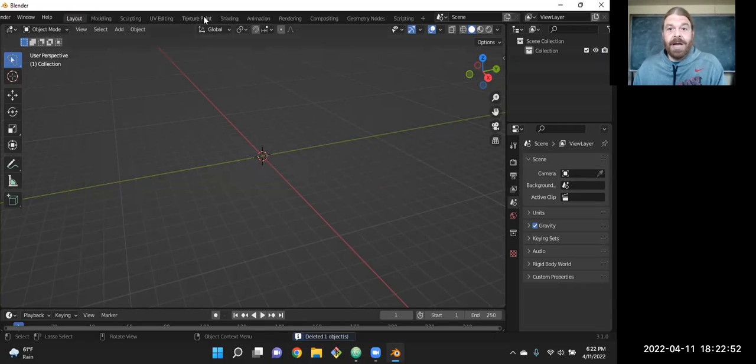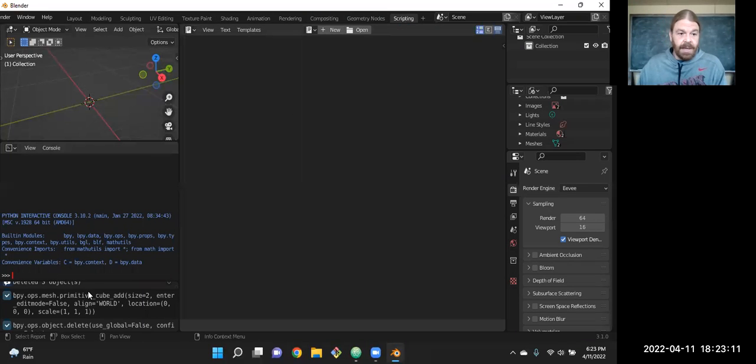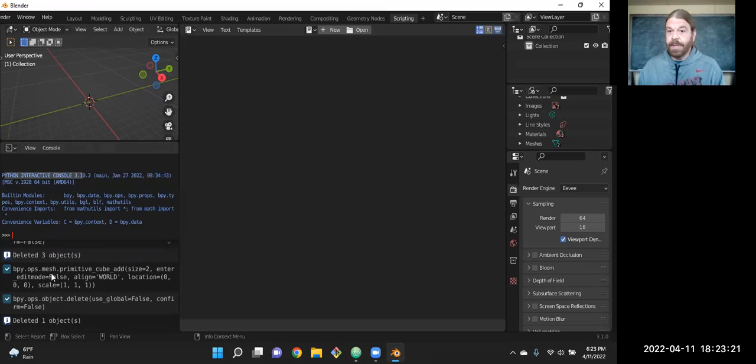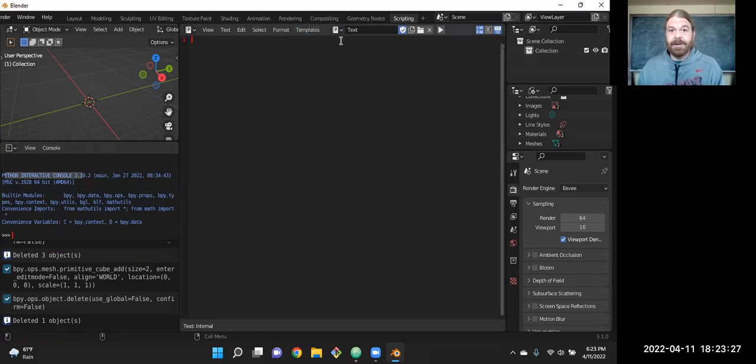Before we get to the actual tree, I want to come over, and up here you'll notice there's more tabs than will even fit. So if you don't see all of them, you just bring your mouse up here, leave your mouse in the right area and scroll. And there's a tab called scripting. So if we go over here, you notice we have a Python console where we can type Python code directly. Something right below it, that'll be important here in a second. And then over here, we have a text editor area where we can enter new code, type in a Python script.